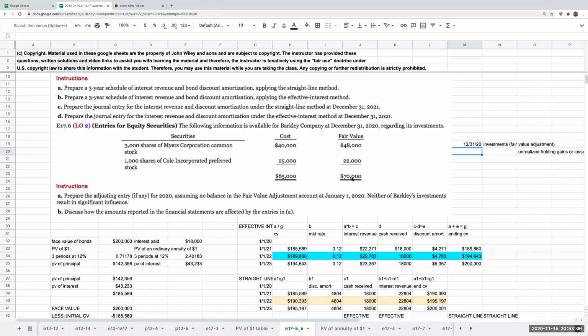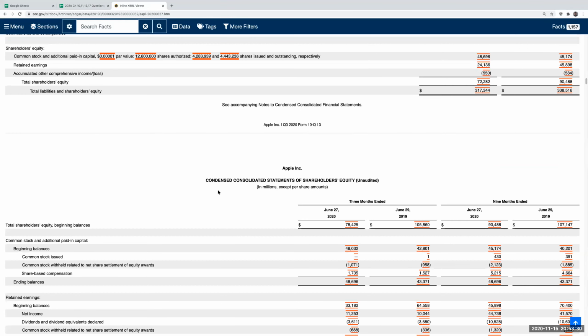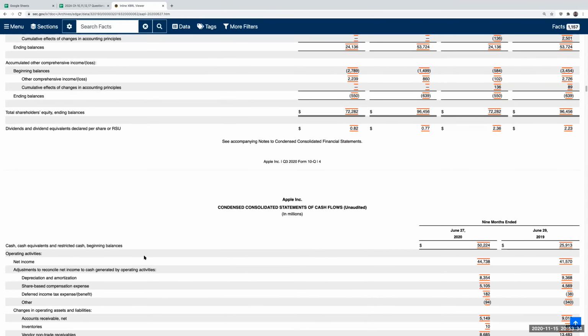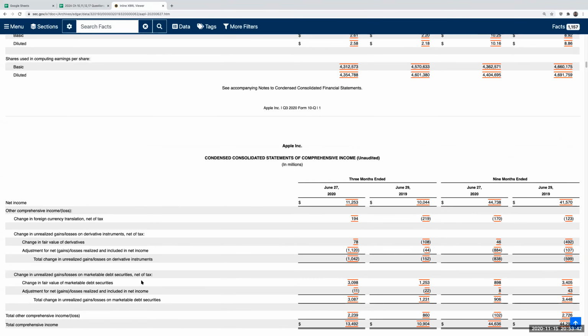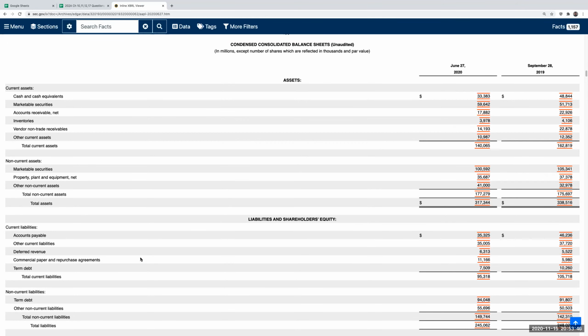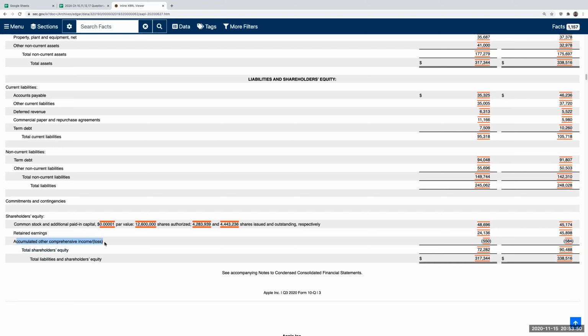And how are these items reported in the financial statements? So the investments are going to be reported at fair value or $70,000. So here the investments are going to be recorded at $70,000. And the unrealized holding gain or loss is going to be shown as a portion of comprehensive income. And this shows below the regular operating activities for the company. So like right over here, it's other comprehensive income. And where does that then go? It's going to be showing up over here under our shareholders' equity. And this is used for unrealized holding gains or losses on securities. It's also used for foreign currency translation adjustments. So that's exercise